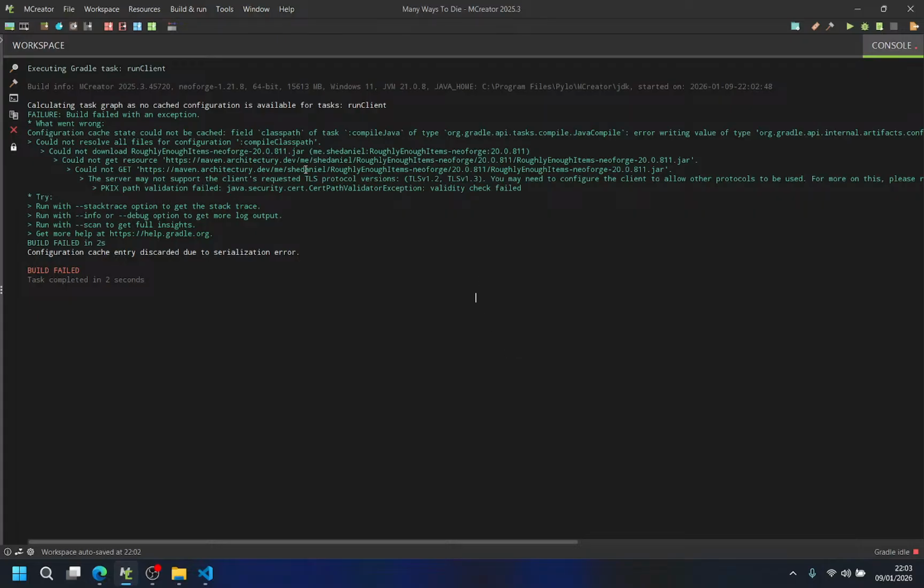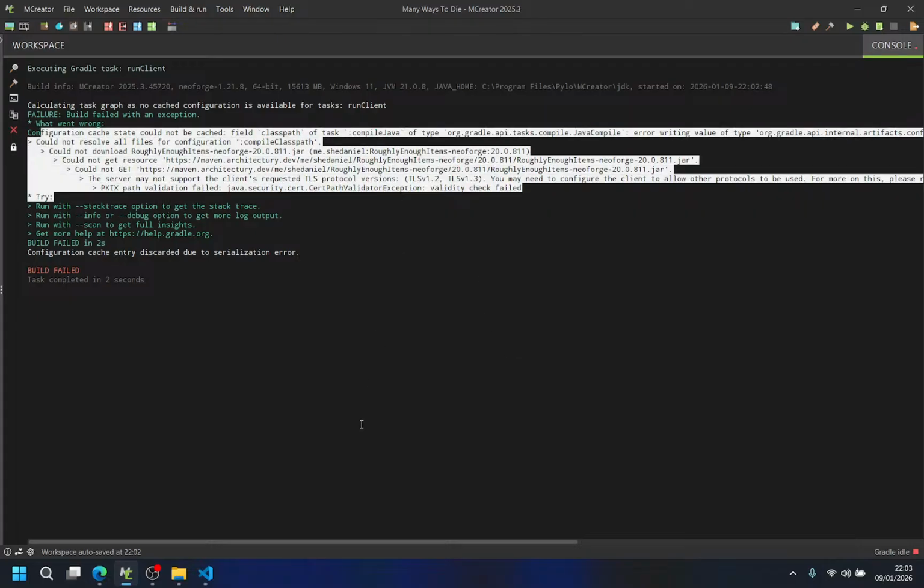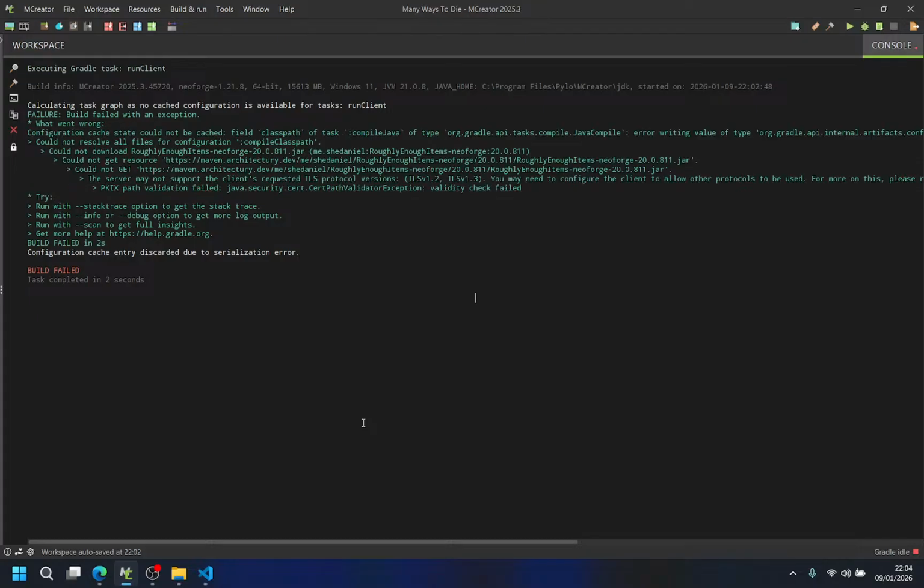Oh my god, I didn't even see this. I'm cooked. Configuring. Oh my god, I can't even read anymore. Configuration cache state could not be cached. Failed class value of type something. Error writing value of type something.